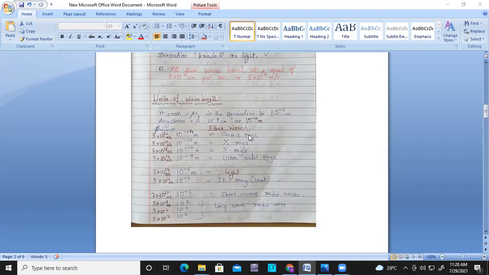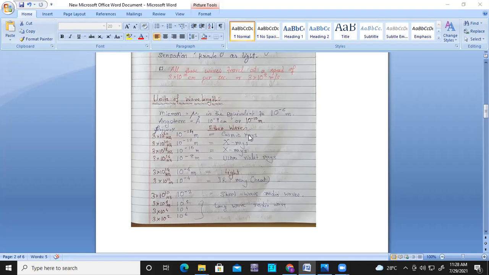And so we have to define some waves: visible range, X-ray. We have to know this because some questions may arise. What is the wavelength of X-ray? What is the wavelength of ultraviolet ray? You have to remember this. Okay,